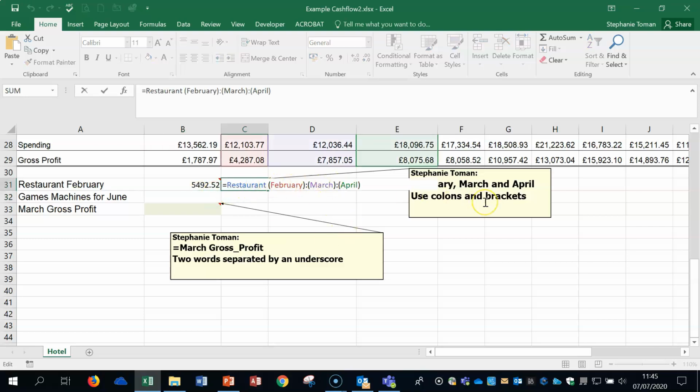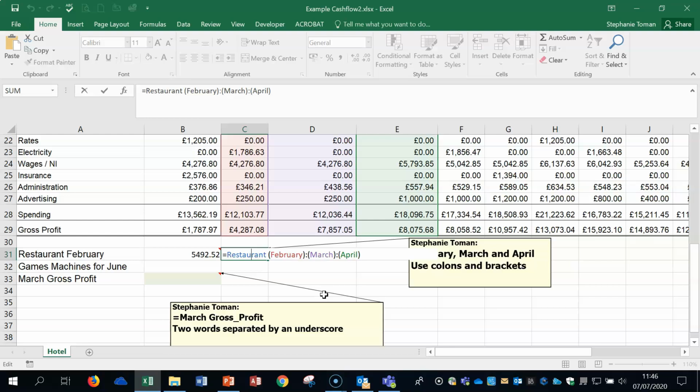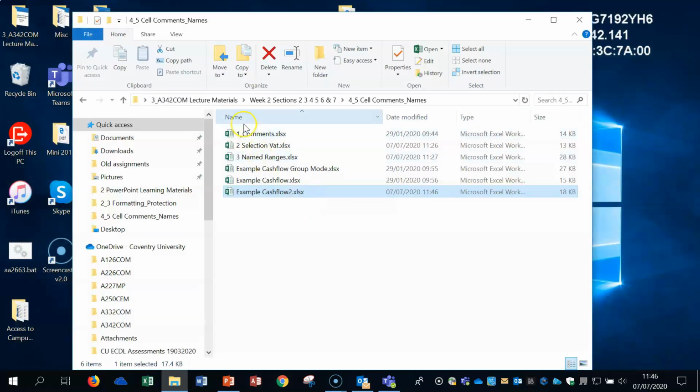You can do more than one. So you're going to be starting to use colons and brackets. But really, if you've got two words, always use an underscore as well. So it's just a quick example of why it's so much easier to do named ranges when it comes to large calculations, particularly for some people. But for part of the syllabus, you do need to know the first things that we looked at, which were the named ranges, the name manager, deleting a range from there, applying selection, create by selection, and particularly the use in formula feature. Okay,